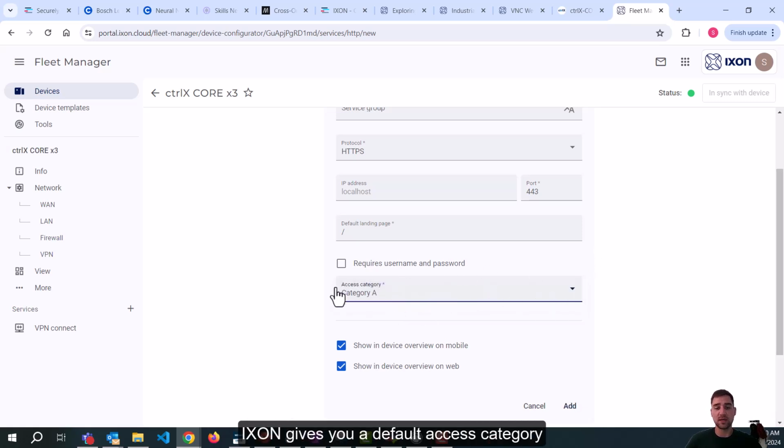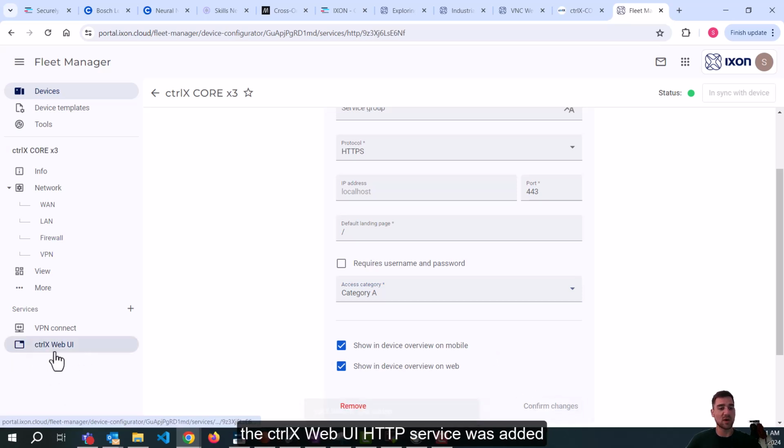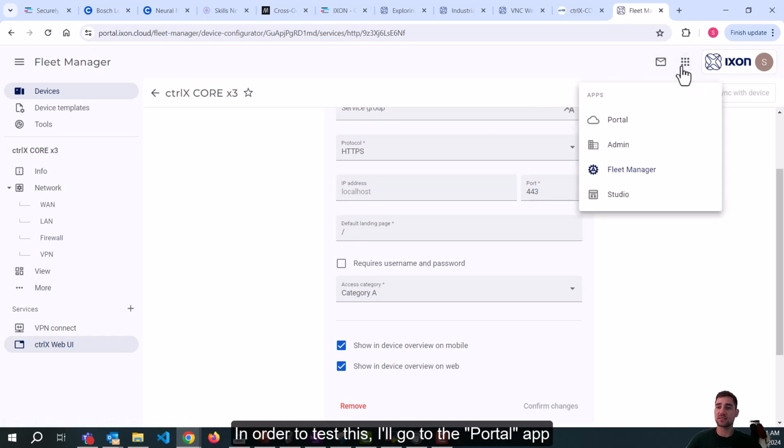IXON gives you a default access category, category A. Later in the video, we'll go through the user management and access control, but for now, I'll use the default settings. Next, I'll add this service, and we can see that the ctrlX Web UI HTTP service was added to our IXON Cloud device. So in order to test this, I'll go to the Portal application,